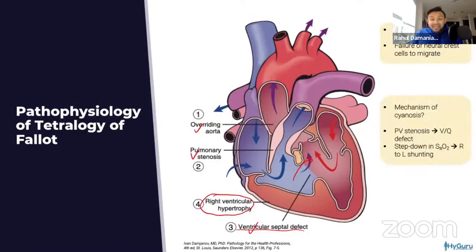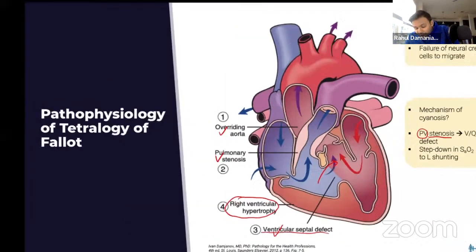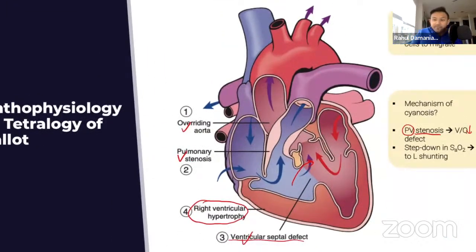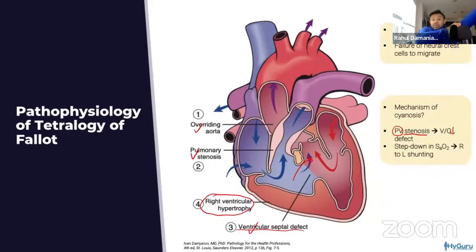So why do you get cyanosis in tetralogy of Fallot? Well, you can get it because of the pulmonary valve stenosis and the fact that blood can't go from the right ventricle into the pulmonary arteries, and that causes you to have low perfusion in your pulmonary arteries. And so that is going to cause you to have a VQ mismatch, and your Q is going to be low because you don't have good perfusion in your pulmonary arteries. And you are going to have, like I mentioned, right to left shunting. And that causes you to have a step down or a decrease in your saturations as blue blood from the right side of the heart is going to go into the left side.